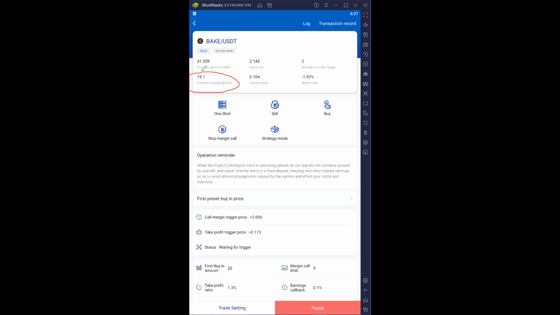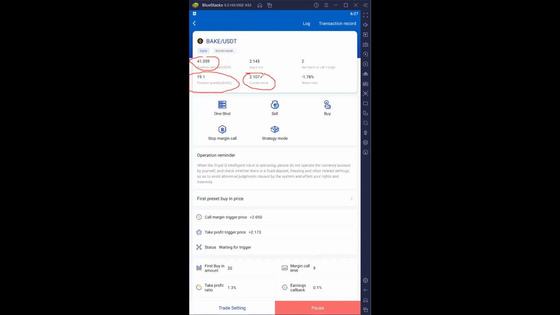That means it has purchased that for you. It used $41 to buy BIG USDT for you, and the quantity means you're holding, just like a shareholder in a company, and this is the amount of shares you are holding. So you are holding 19.1 BIG in quantity,